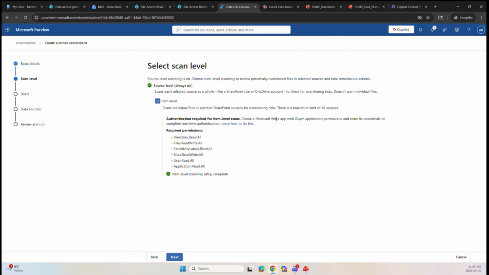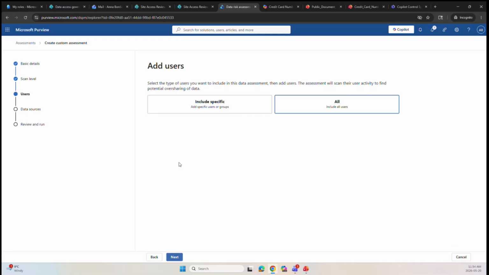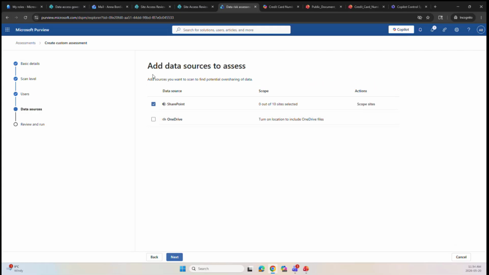It does have some configuration requirements, but it's just a one-time configuration. Fairly simple. You just need to register your Entra app, provide it with the required permissions, and then integrate it with Purview. Then you can look at the users that you want to add and look into for this data risk assessment. And then you can see specific SharePoint sites or specific OneDrive accounts that you want to include in